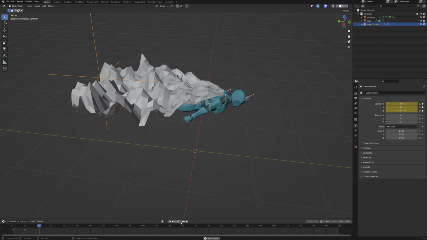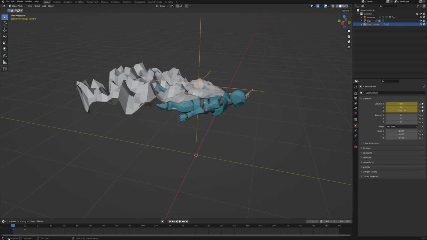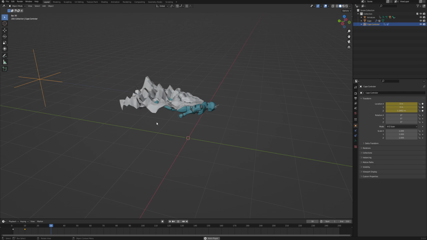And now when you click play, then you can see that the cape is moving, but it's only moving up until the 10th frame. So again, similarly as we did before making the character loop, we want to go over and click Shift E and choose linear extrapolation, which is gonna extrapolate the movement of the empty based on those two keyframes that we have. So for example, if we play this right now, then you can see that it's quite fast.